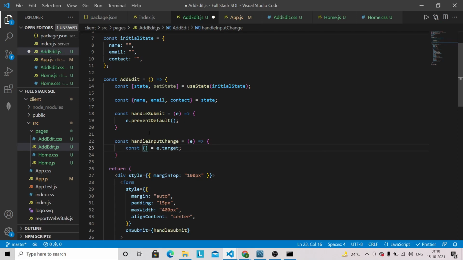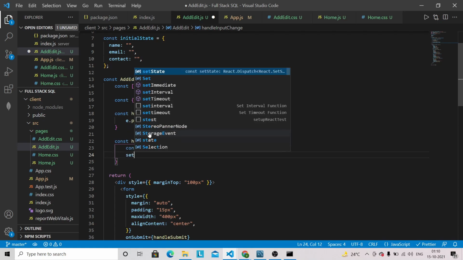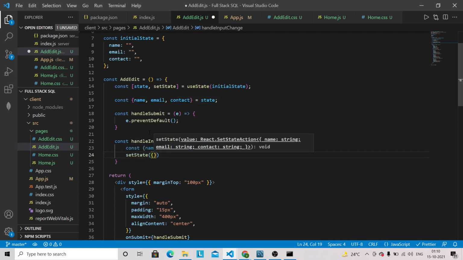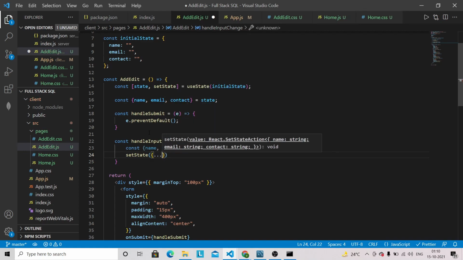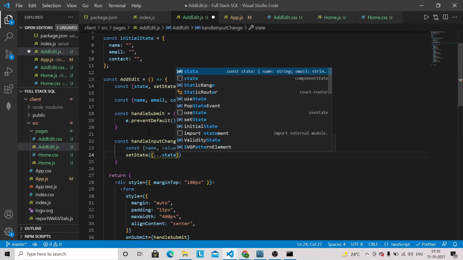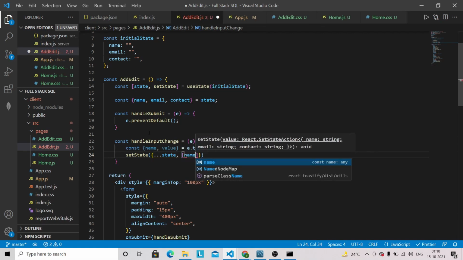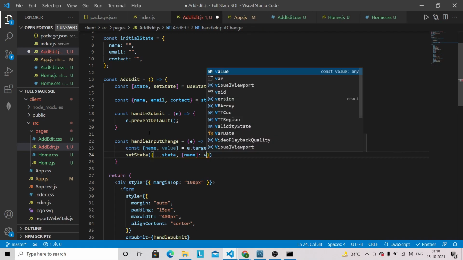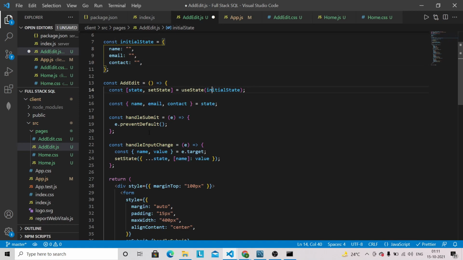So from e.target we can destructure name and value. Okay, and then we can set the state. We can spread out the state, then name and value. Okay, we have defined both handleSubmit and handleInputChange.